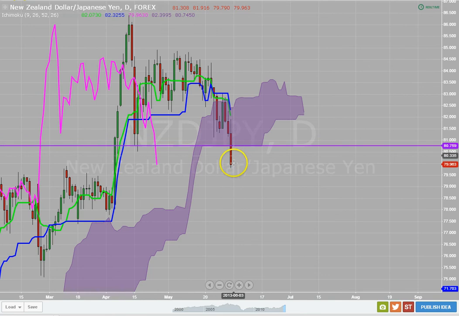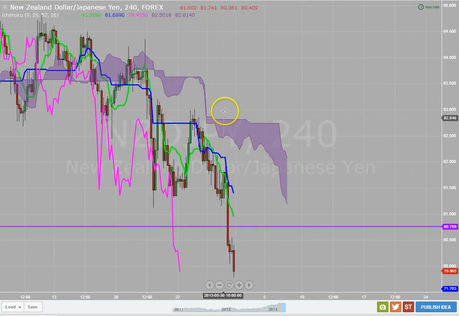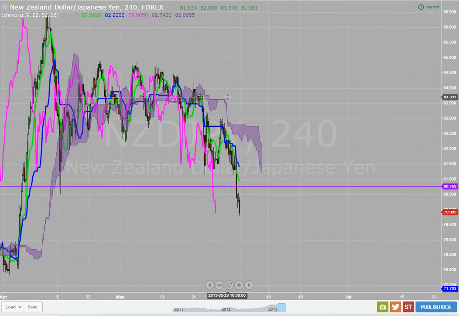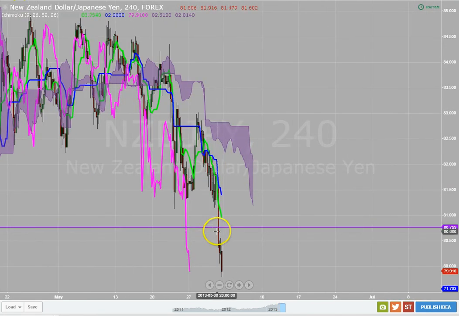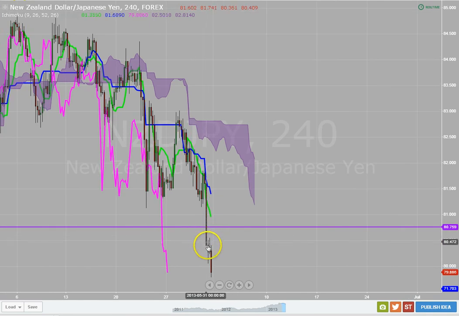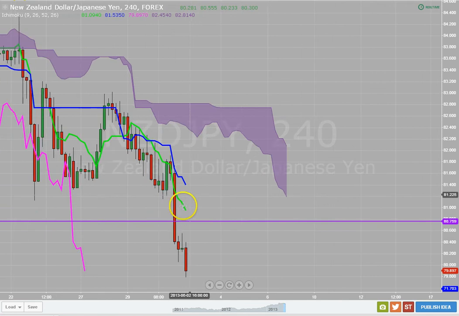This is really textbook. Now the thing that can happen here is maybe we see the next thing happen. Maybe it comes back up and pulls up to this level and then goes again, or else it continues to go. There's a few things that could happen. Let's go to the 4-hour time frame, try to get in on this with the 4-hour time frame. Really, we would have wanted to get in on this candle right here. So this candle closed, we get in here, put our stop loss up here, and then it goes, and then maybe it comes back, pulls back. So on the 4 hour time frame, we would love to see this pull back, so that way we can get into this trade.